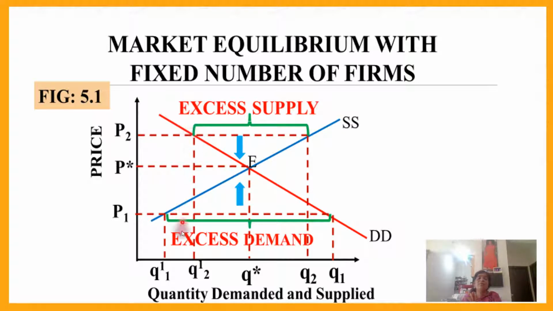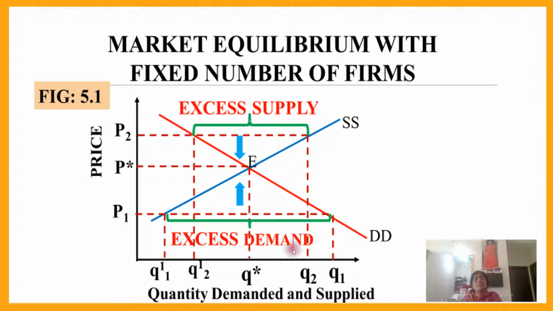If you extend that intersection point back to the x-axis, it will denote Q2 dash. Q2 dash is the quantity demanded at price P2. Extend the P2 line further along, and it cuts the supply curve SS at this point. Extend this point towards the x-axis, and you get the quantity supplied, Q2. The demand Q2 dash is only this much, so the difference is indicated by this green curly bracket.